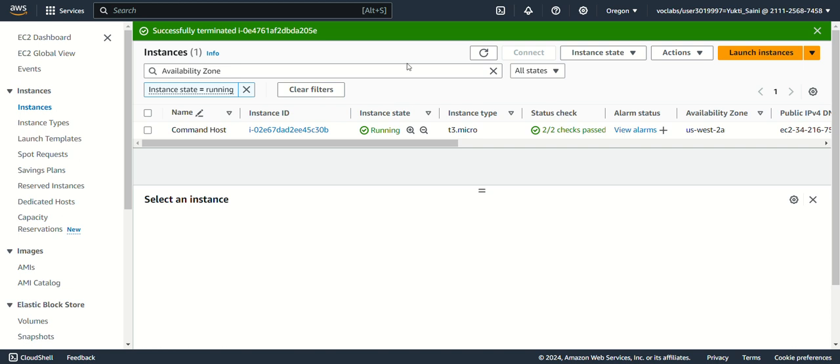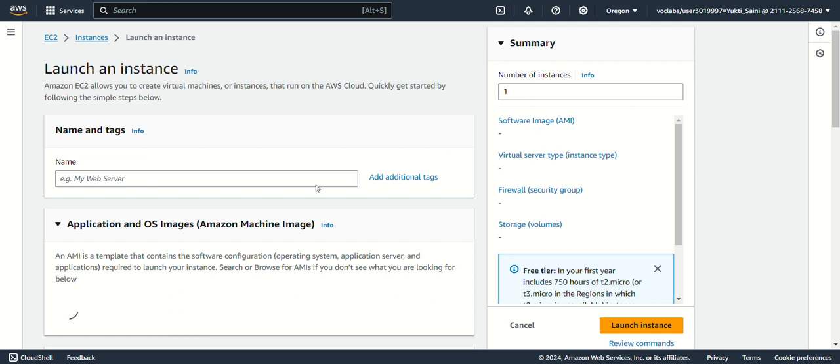So we are going to configure the steps in this lab for how we can keep the public IP address the same. So I am launching an instance here.